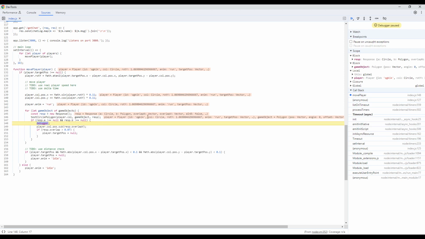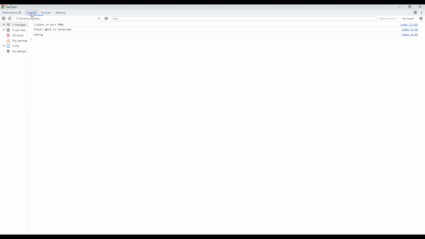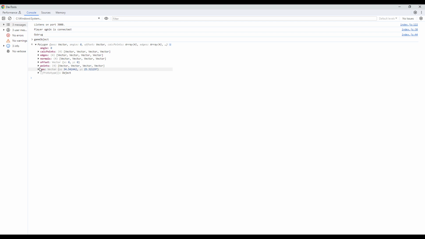So here we have, so we have like, let's just do game object. So it's polygon. Does it say somewhere normal offset points position? And for example, if I say like player dot call, still says circle. So let's say if